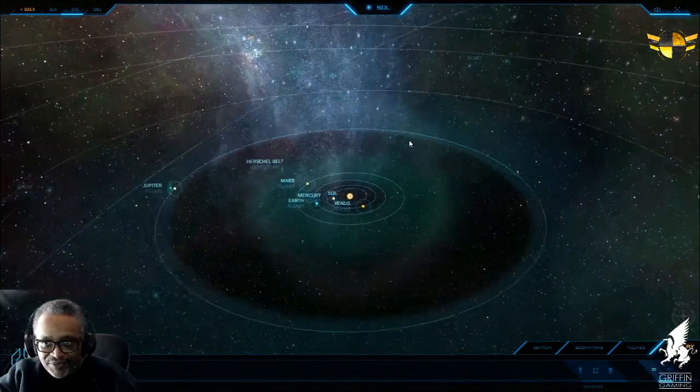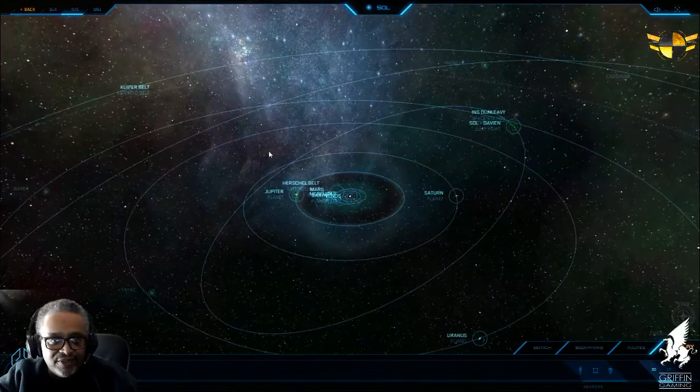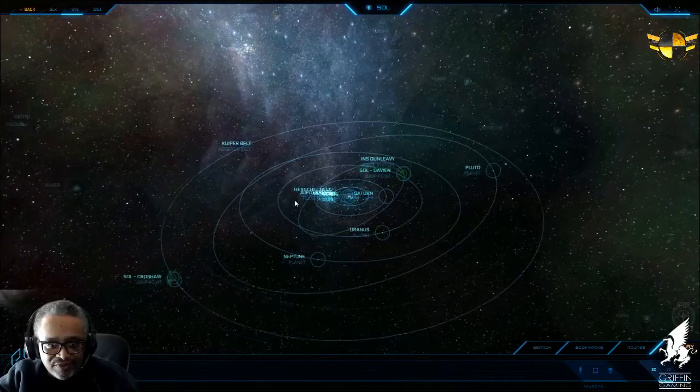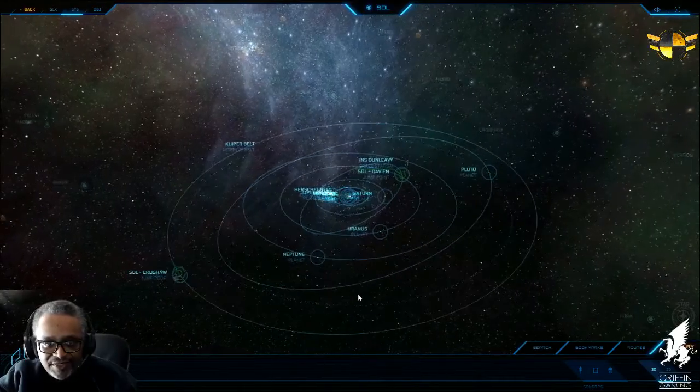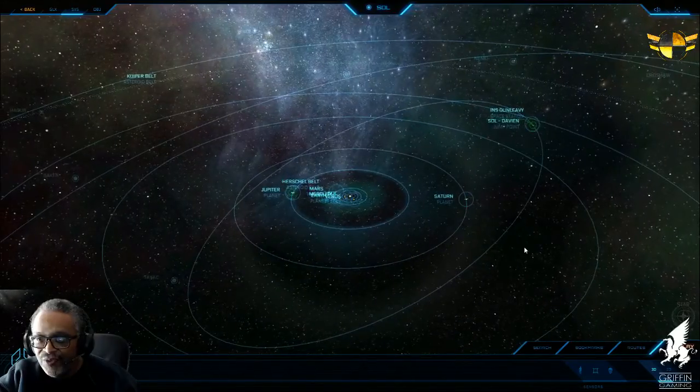And let's see what else we've got in the system that we can take a look at. The Kuiper Belt, Pluto, Neptune. I think that's all there is in this system. It looks like this is it. Okay. So one of the things we'll look at,